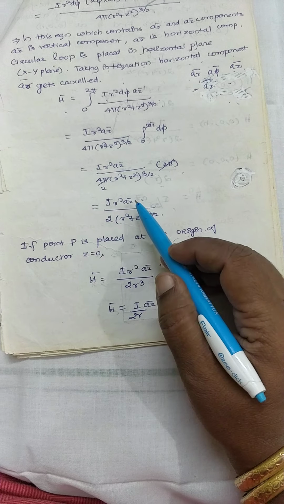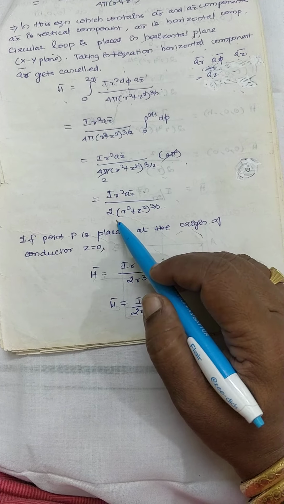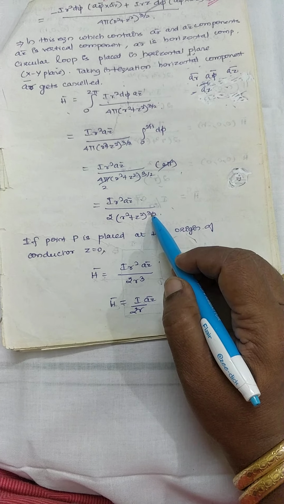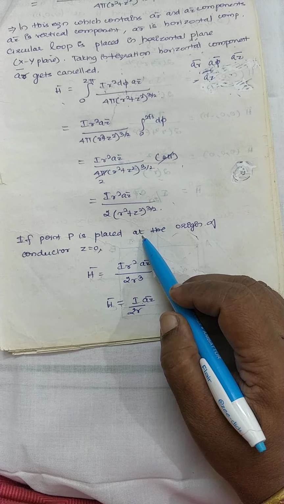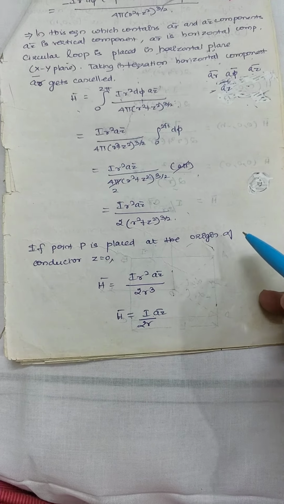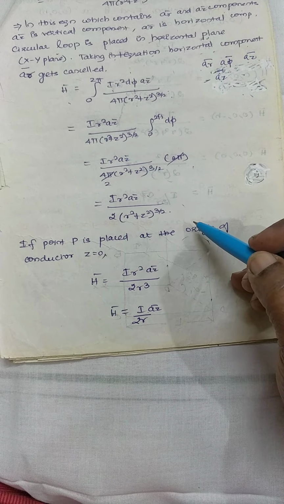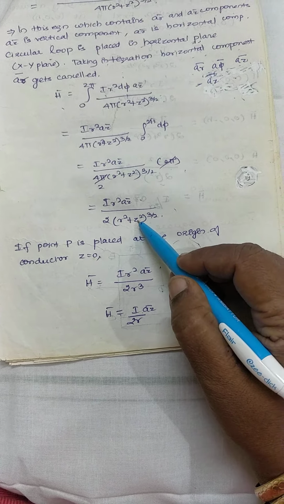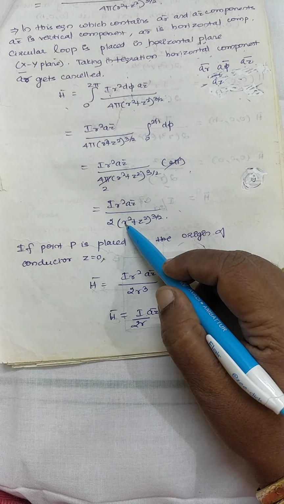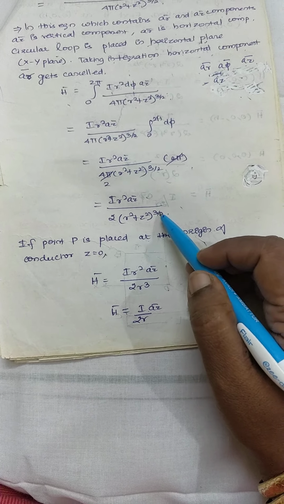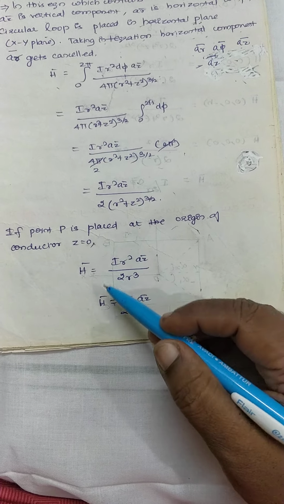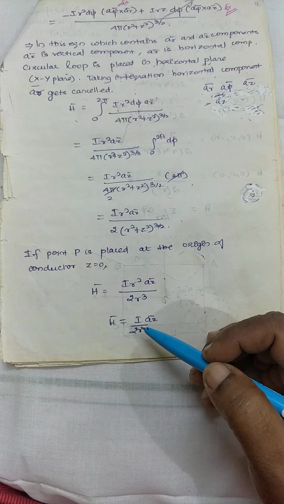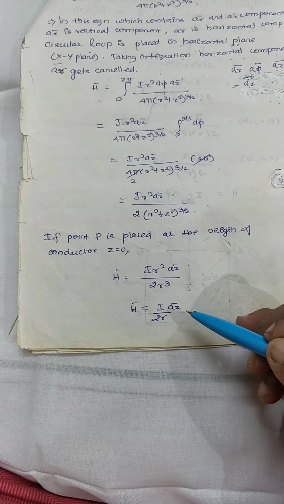I am left with I R square AZ vector divided by 2 into R square plus Z square power 3 by 2. Now if I assume that the point P is placed at the origin of the conductor, then it means that Z is equal to 0. Substitute Z equal to 0 in this equation. So it becomes 2 R square power 3 by 2, or 2 R cube. Cancel out the like terms. The final equation takes the form of H vector is equal to I by 2R of AZ vector,